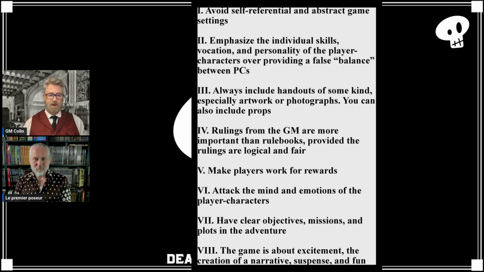Yeah. And number 4 here, this gets into kind of OSR stuff. It says rulings from the GM are more important than the rule books, but I'm going to add to that, provided the rulings are logical and fair. Yeah, because you never want to be cracking open a book while you're running a game. Just do things on the fly. Just make sure the rulings make sense, and don't get so caught up with the rule that it has to be by the letter. Gary never said it had to be like that. Most other gaming companies and authors are like, hey, these are guidelines. You can create your own house rules or homebrew stuff or whatever.